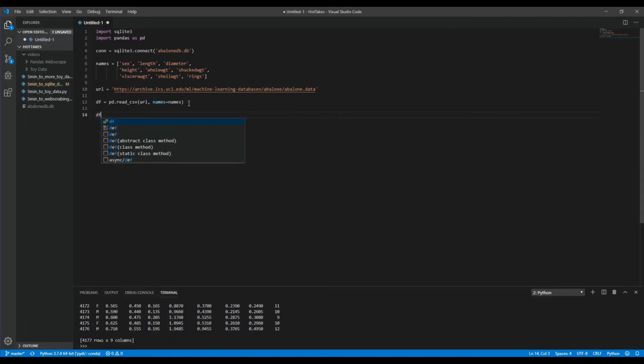We can verify that by printing it as well. We can see that we've got some rows and columns like we would expect. And so we're going to take that data frame. We're going to use the pandas method to